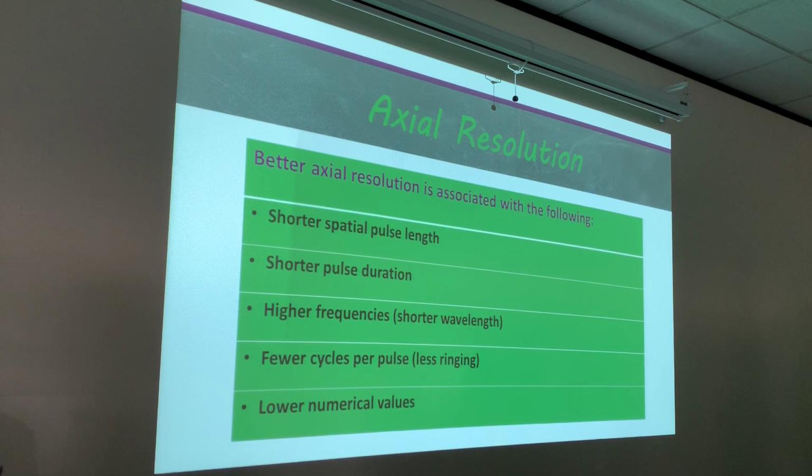Okay. What are our typical values for axial resolution? 0.1 to 1 millimeters, guys. 0.1 millimeters to 1 millimeter. Okay? Guys,